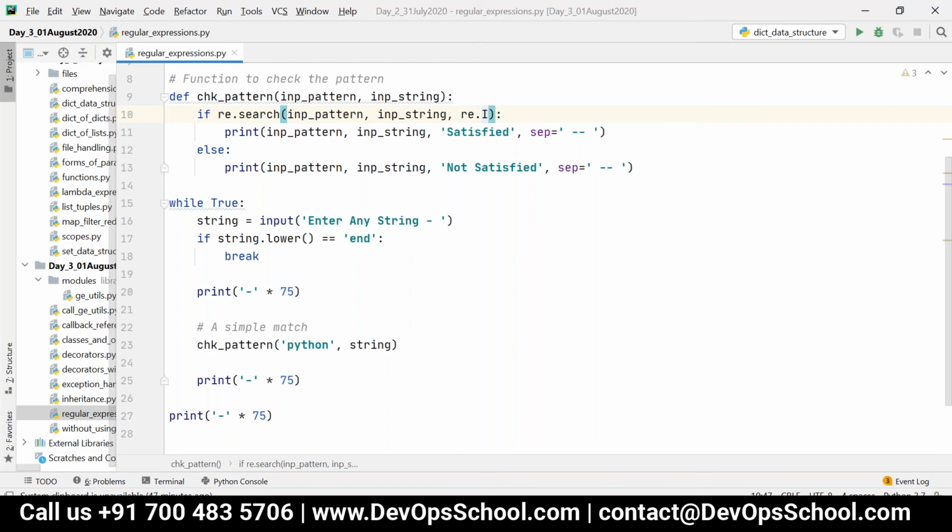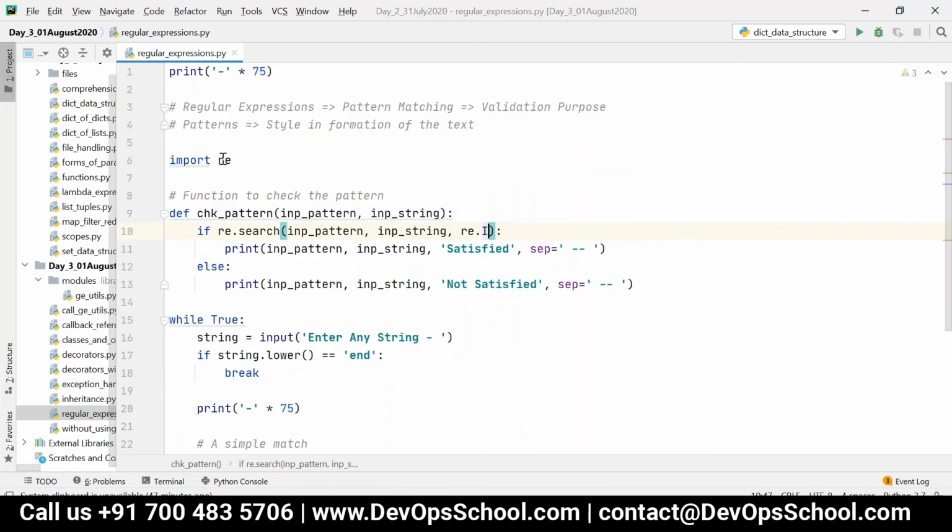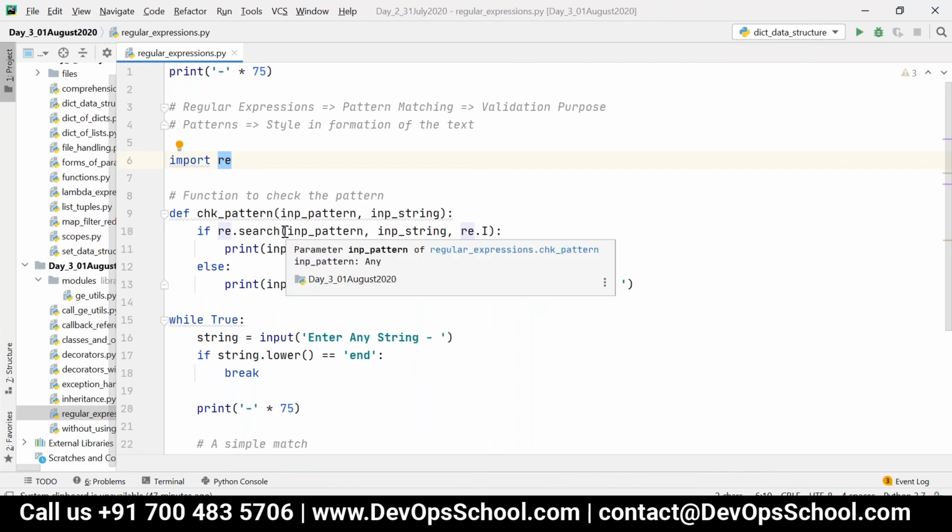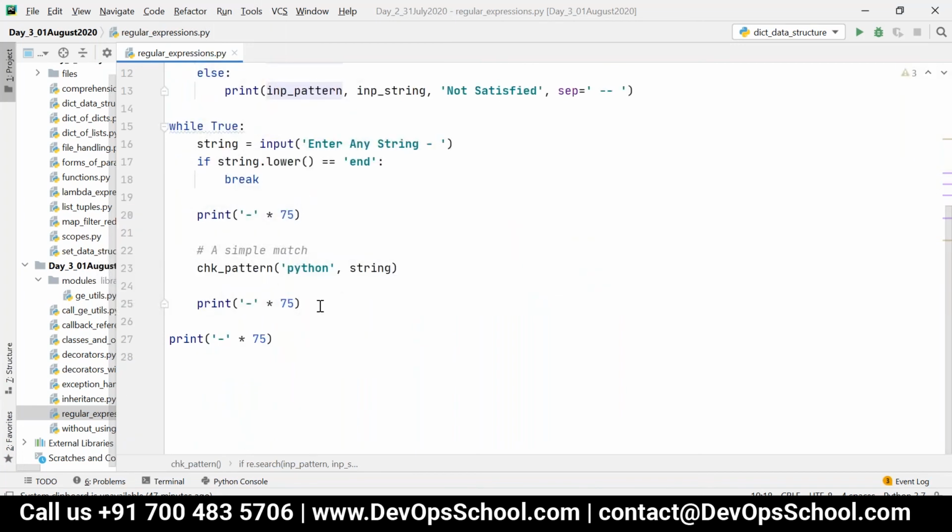If you take Perl, PHP, shell scripting, Ruby, Python, JavaScript, and might be Java also, everywhere the concept of regex is the same, but it differs only in the way in which you implement it. As part of Python, we have to import this module and then use several functions. Right now we will concentrate on re.search. Later we will see three more functions. Now I'm going to start with the patterns.